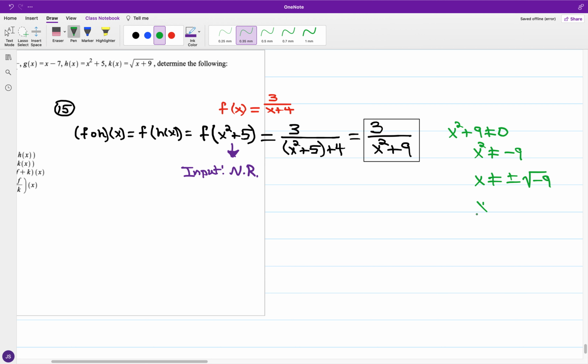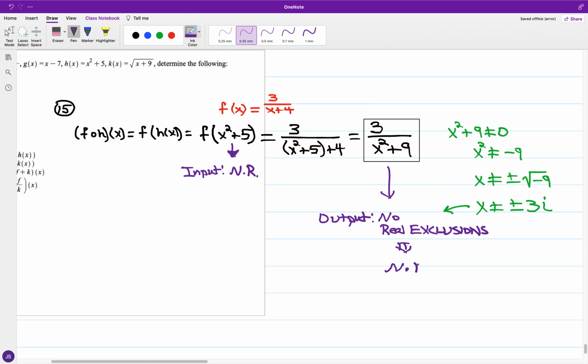of negative 9. And guess what? We're no longer working with the real number system, and the excluded values are from the complex number system. So for what we have in the case of the output, that means that there are no real exclusions. There are no real exclusions. So just like the input, we have